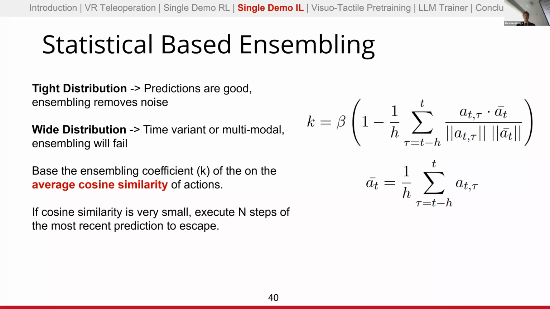However, if cosine similarity is very small, then we have a really high value of k, and in this case, we start going away from ensembling towards just executing each individual action, the next predicted action, and that does not work well. So therefore, we say in these really highly uncertain times, our best option is to just execute the next n steps predicted, just execute some steps from the current chunk that was predicted to escape from this bad state, and then we can continue going. It's not necessarily going to be all good, but at least we'll get out of this problematic zone.